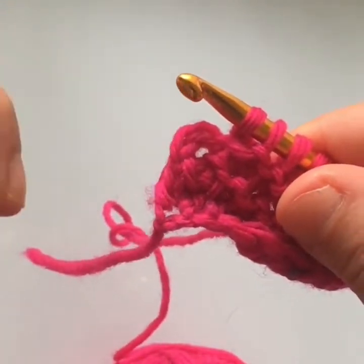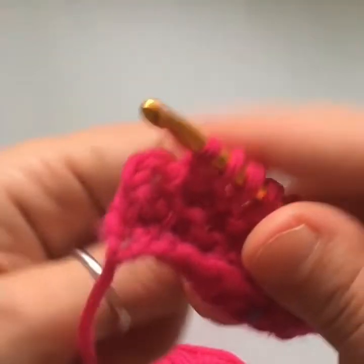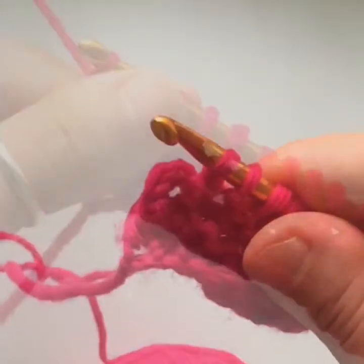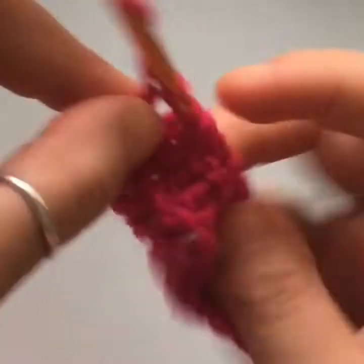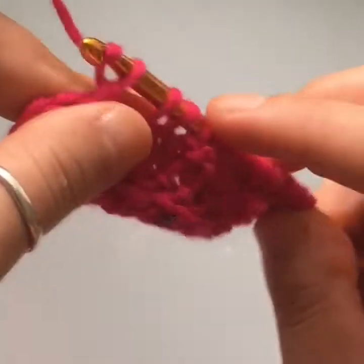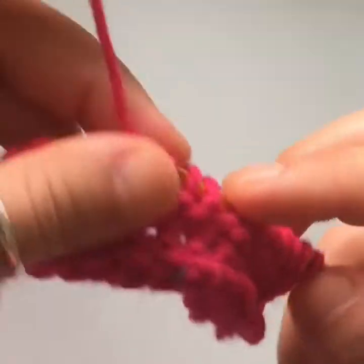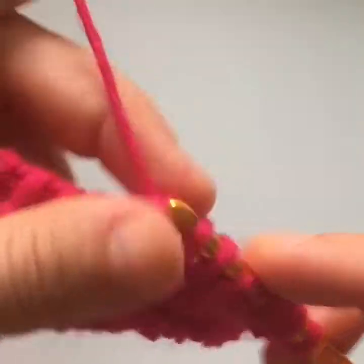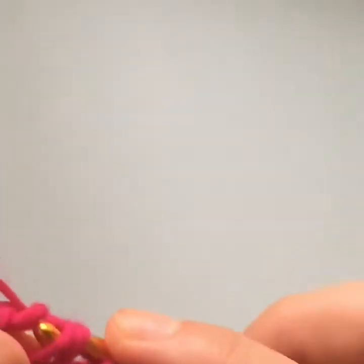So this is the very last stitch. Don't skip this last stitch. It'll be really easy to skip it if you're just working and not paying too much attention. Don't skip it or you're going to lose your stitch count. You're going to end up with one side of your work being very wide and the other side very narrow. So when you get to that last stitch of the row, don't skip it. So I'm just going to finish this return pass